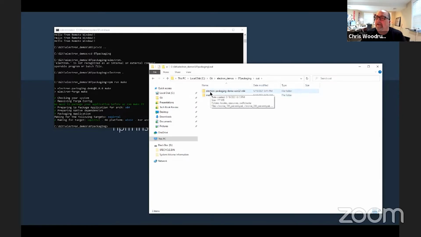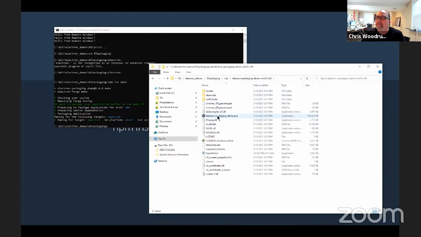And then if I take a look at the Electron packaging demo, I have this Electron packaging demo.exe because it basically takes the name from your package.json. You can see that this executable is 128 megs in size.